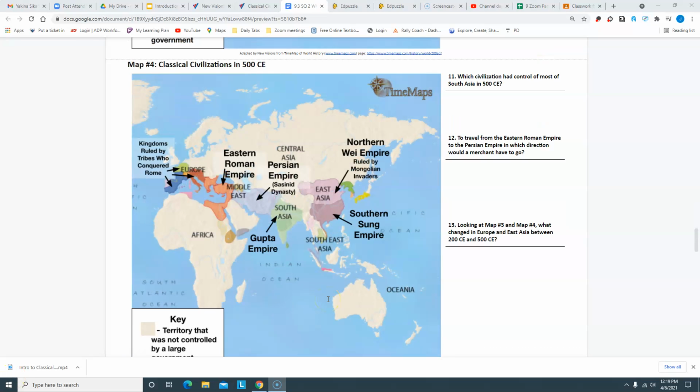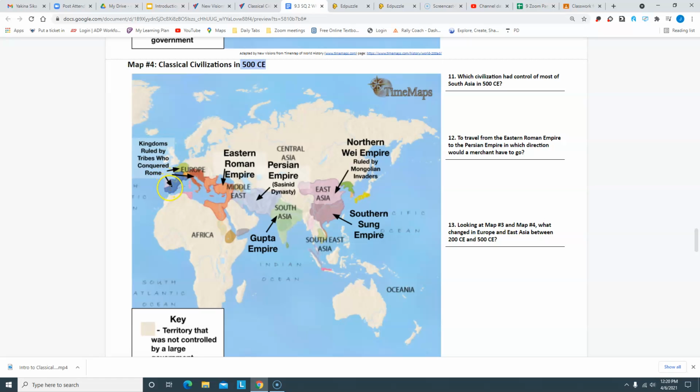All right, our last map for this lesson, introduction number 2, is right here. This is Classical Civilizations in 500 CE. So from the previous map that you just looked at, that was 200 CE. Now we've moved forward 300 years to now 500 CE. And we're going to break down this map before we look at the questions. So again, the tan color is territory that has not been controlled by any major empire or civilization. Starting on the western part of the map, kingdoms ruled by tribes who conquered Rome, pointing to 3 different